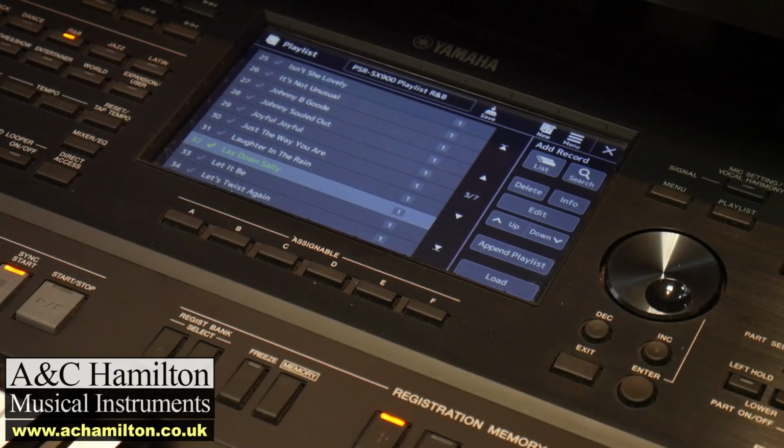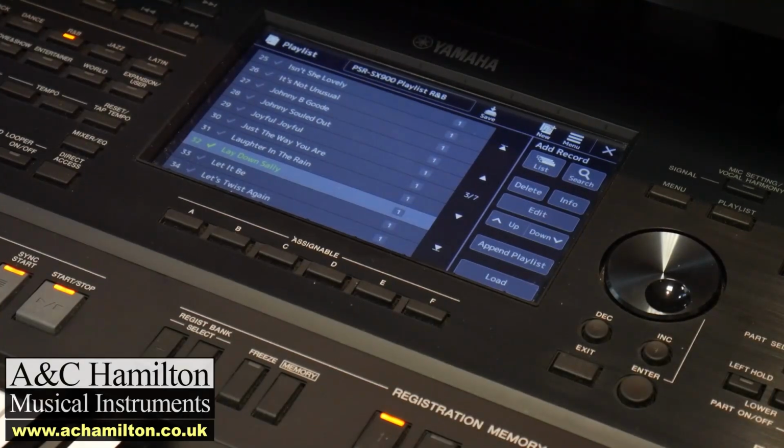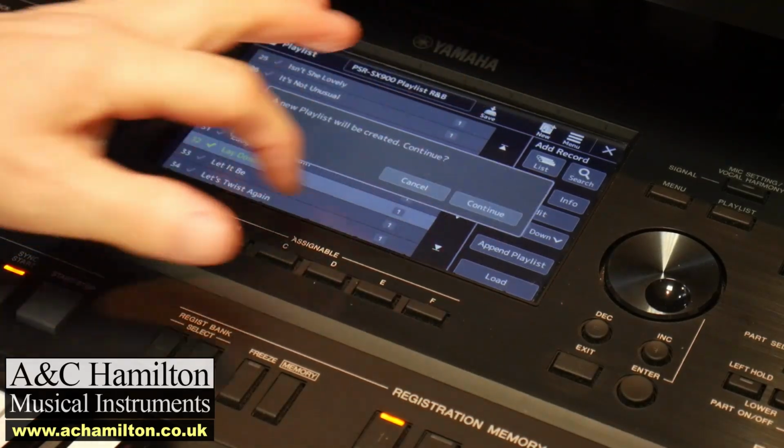So if you don't like the backing, you can turn the backing down. If you want to change some voices, you can change them, and you can load 2, 3, 4, 5, 6, 7, 8, and that's all saved as that particular song next time you pick it. So it becomes customized to your own version of that song, rather than just the same version all of the time. It's so easy to create your own set list. There's an unlimited